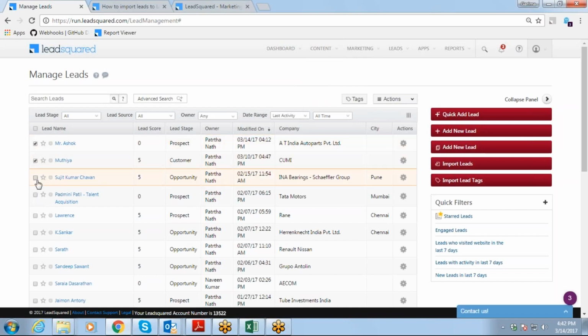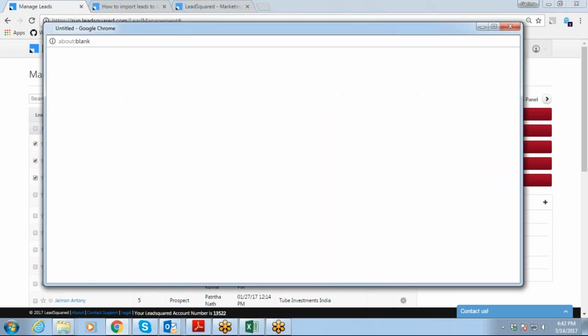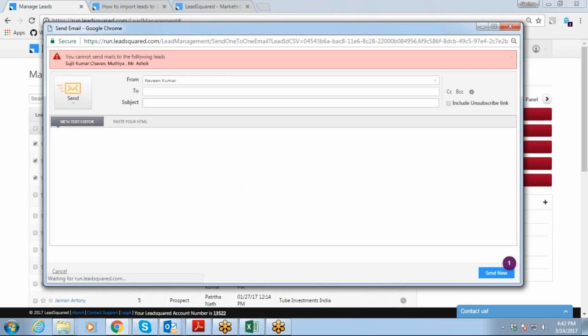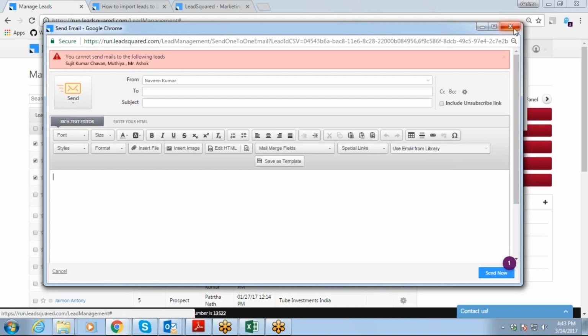You can send email to all these leads directly from here. This is basically used for sales users, and the campaign option was there for marketing users. Any doubts regarding this?